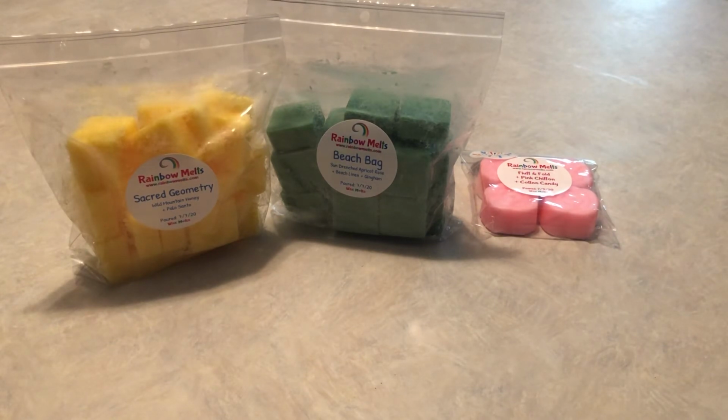This one is probably the most special custom that I've made in a long time. This is my first tumbleweed and terracotta blend I ever did. And I had to blend it with 3 different vendors because I couldn't find a vendor that had all 3 oils to make the custom. So I was just making it myself at home. Now I can get it from a vendor that has all the oils or can get all of the oils, which is amazing because